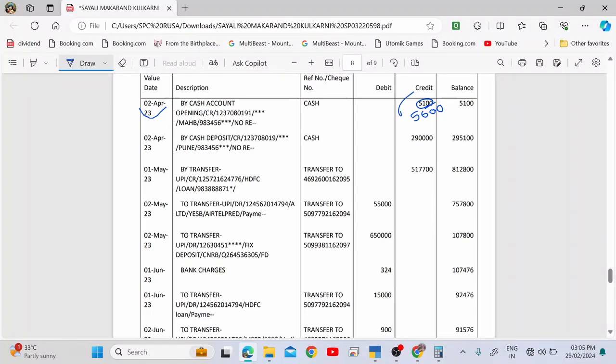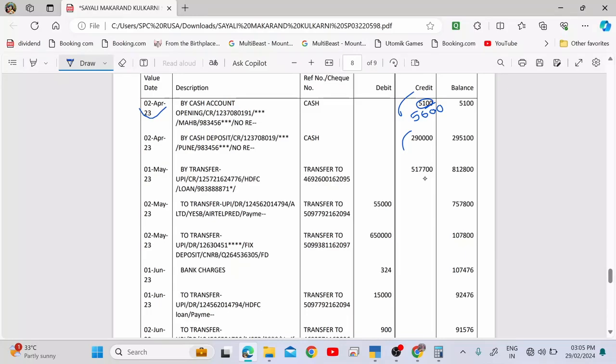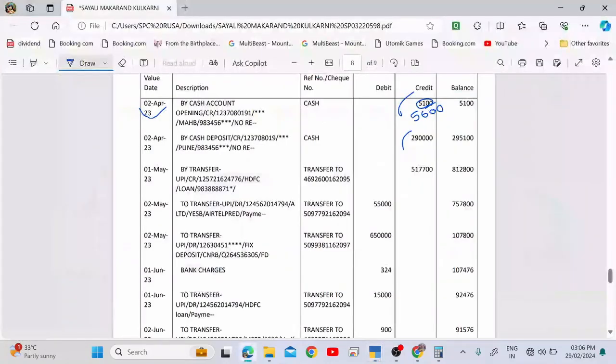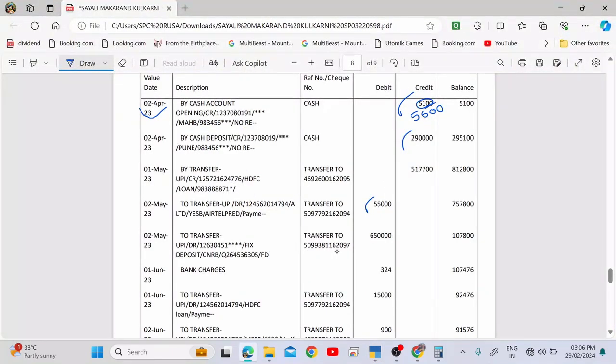5,100, give tick to 5,000, and then 2,90,000, 2nd April. This is on the 2nd April, they said 2nd April. And then after this 5,17,700. Yes, we have that. In between 55,000 we have 55. Give tick to 55 and write date 2nd May. Just copy the dates from there, and then this